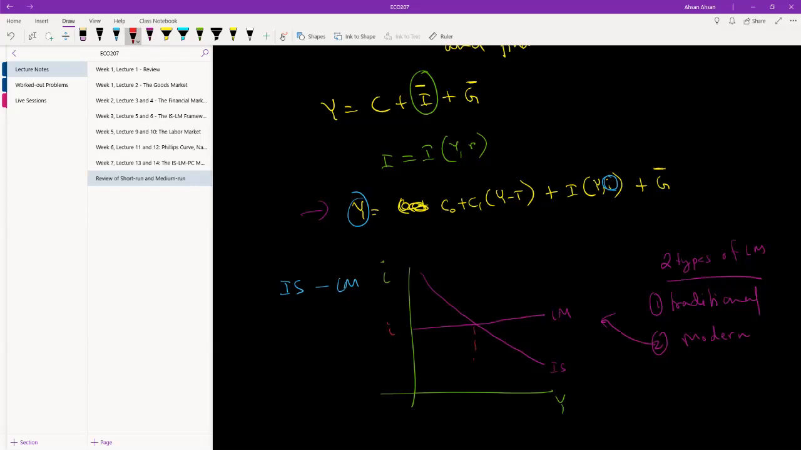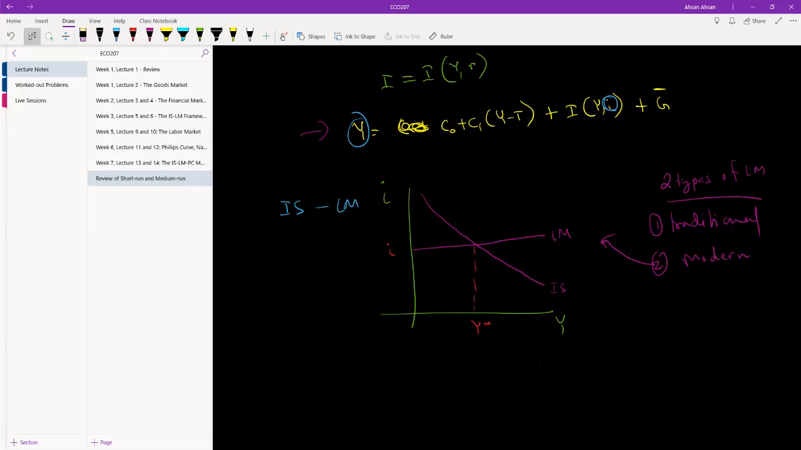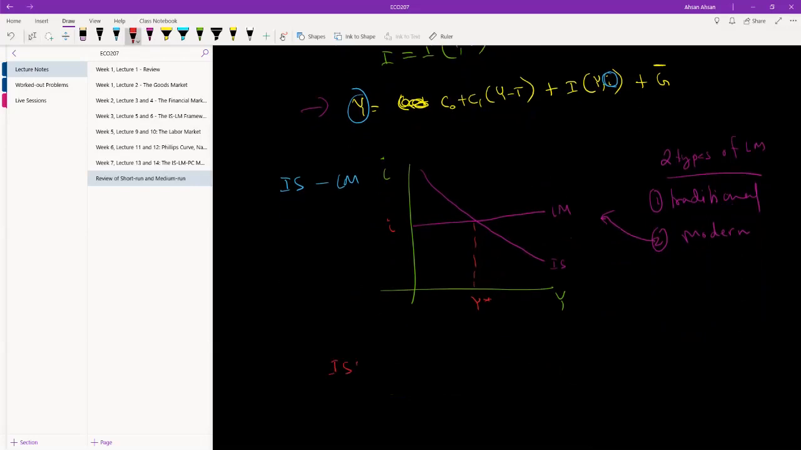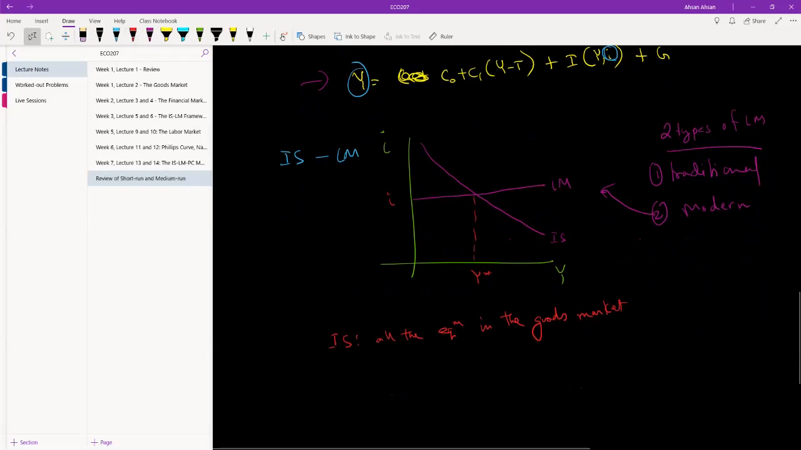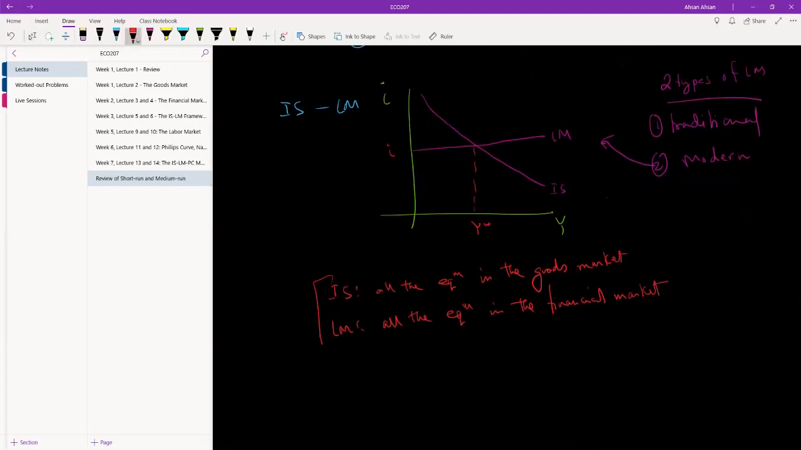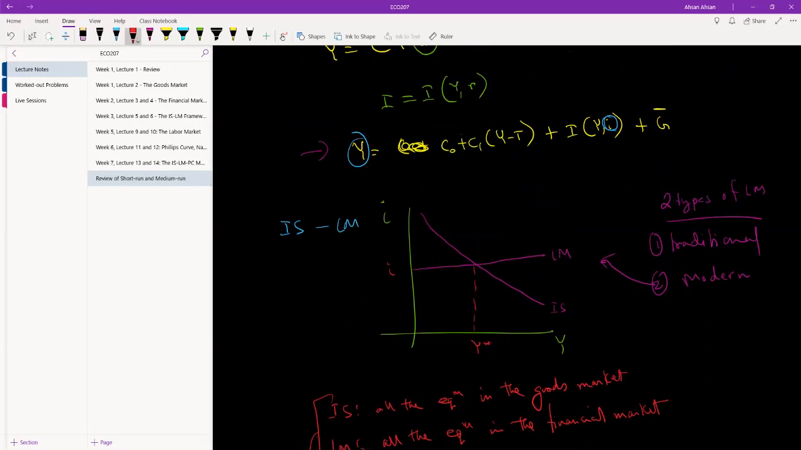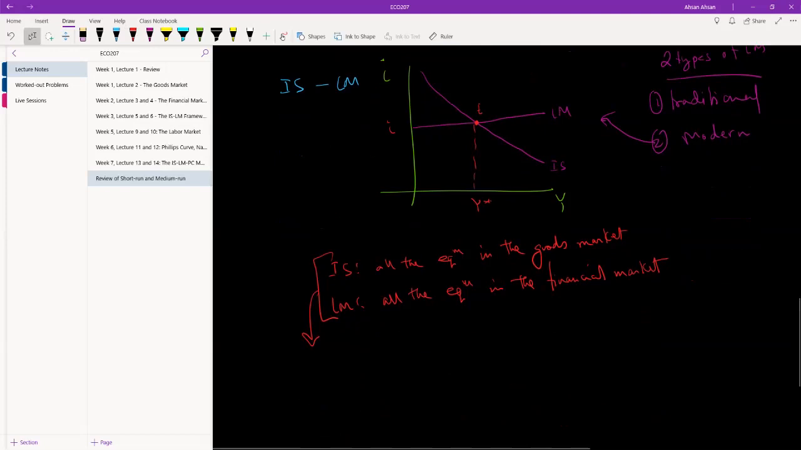So the IS-LM model gives us this equilibrium condition. Remember what the IS-LM tells us. The IS curve gives us all the equilibriums in the goods market. So every single point on the IS curve represents a new equilibrium in the goods market. The LM curve gives us all the equilibriums in the financial market. And when these two intersect, this point right here, let's call it E, gives us the only point where we have equilibrium